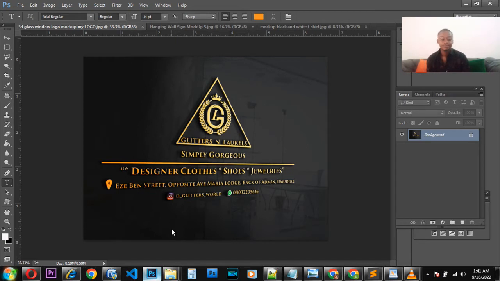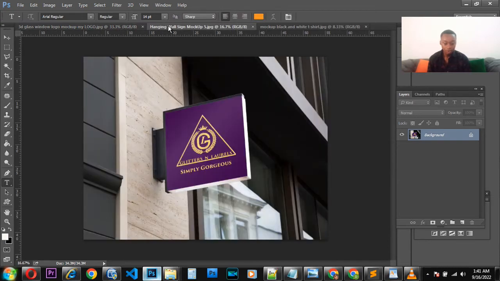Hi guys, in this particular tutorial I'll be teaching you how to make a mock-up in graphic design. As you can see here, this is not just a normal design, this is a mock-up design. This is a design placed in a mock-up file. As you can see, we have different kinds of mock-up. Understand? If you take a look at this particular design now,